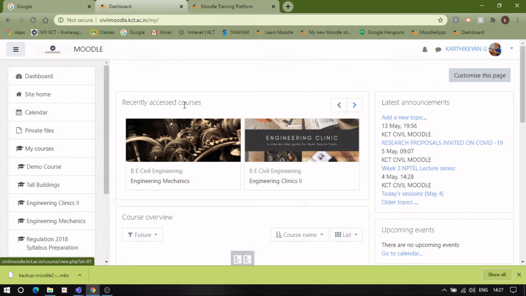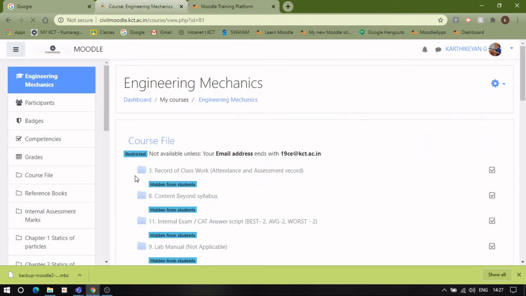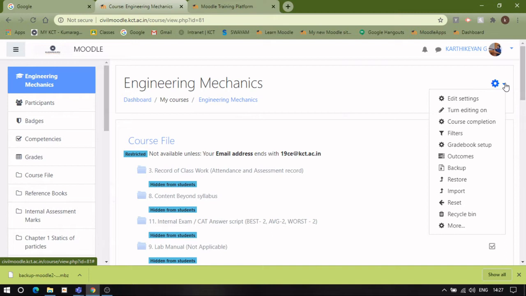So for that, for example, I am going to this engineering mechanics course. I am opening this course. In that there is a gear menu here. Click that gear menu. In that there is a tab called backup. Click the backup,